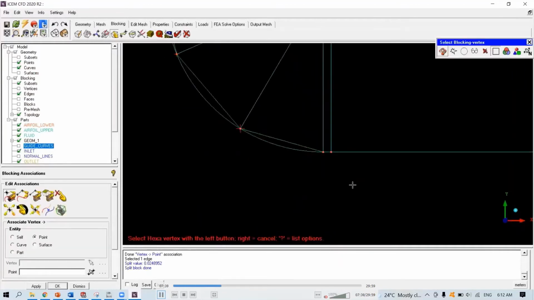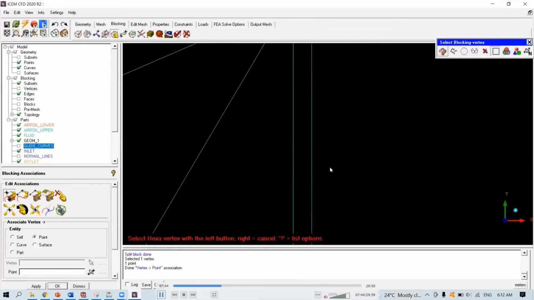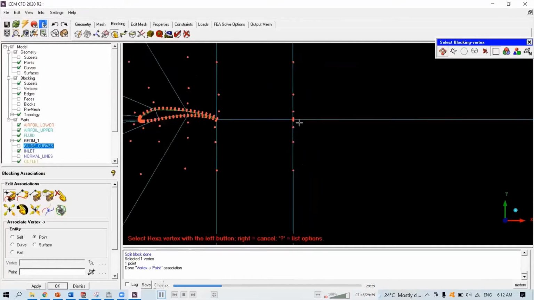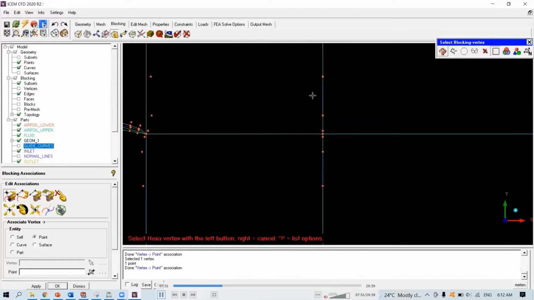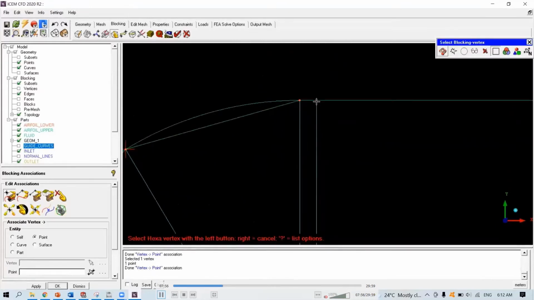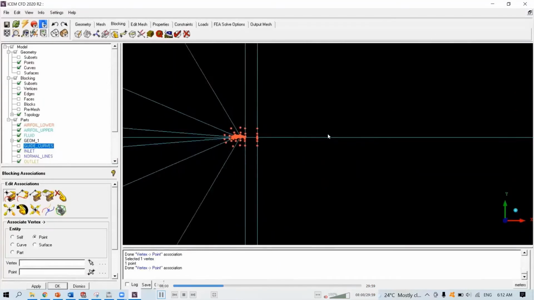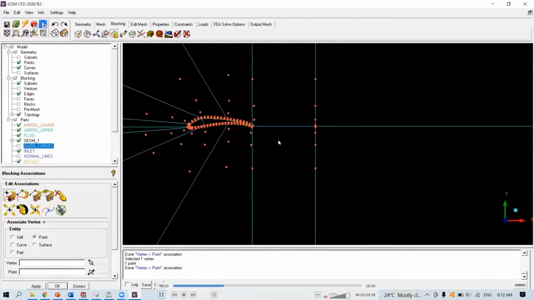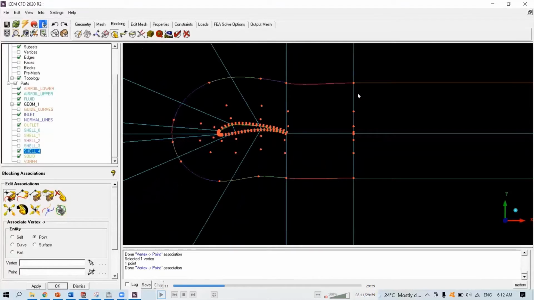Then associate points. Now we are done with our guide curves.